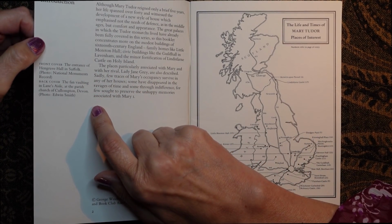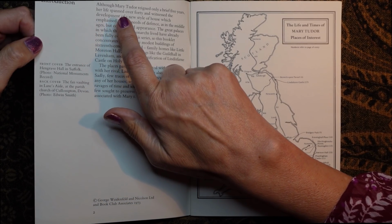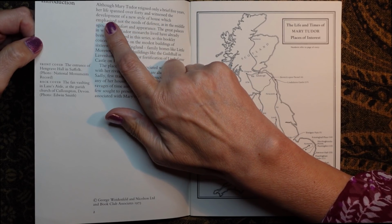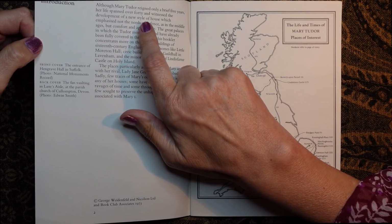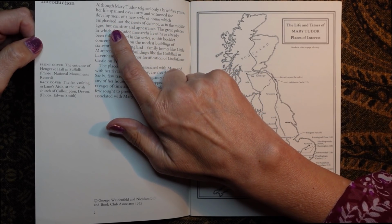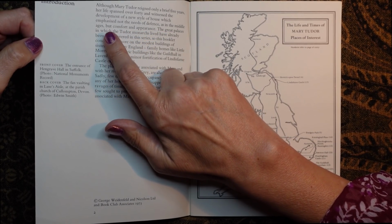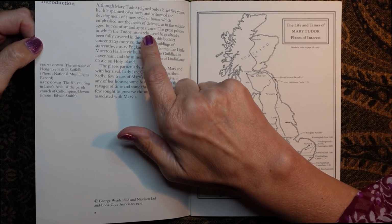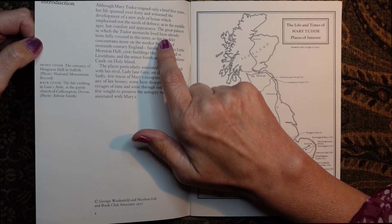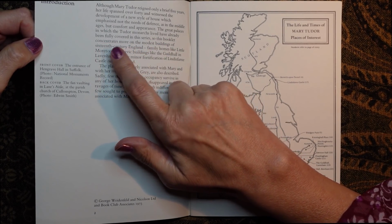So let me see. So this is the introduction. Although Mary Tudor reigned only a brief 5 years, her life spanned over 40 and witnessed the development of a new style of house which emphasised not the needs of defence, as in the Middle Ages, but comfort and appearance. The great palaces in which the Tudor monarchs lived have already been fully covered in this series, so this booklet